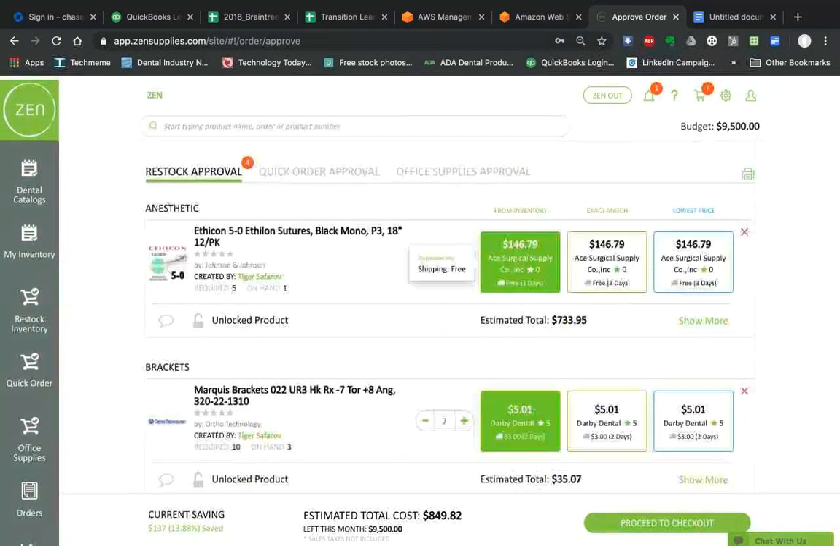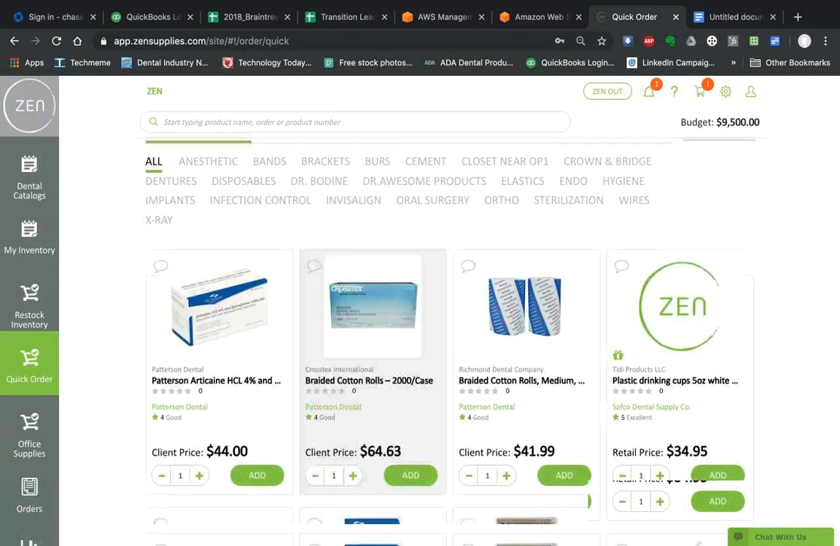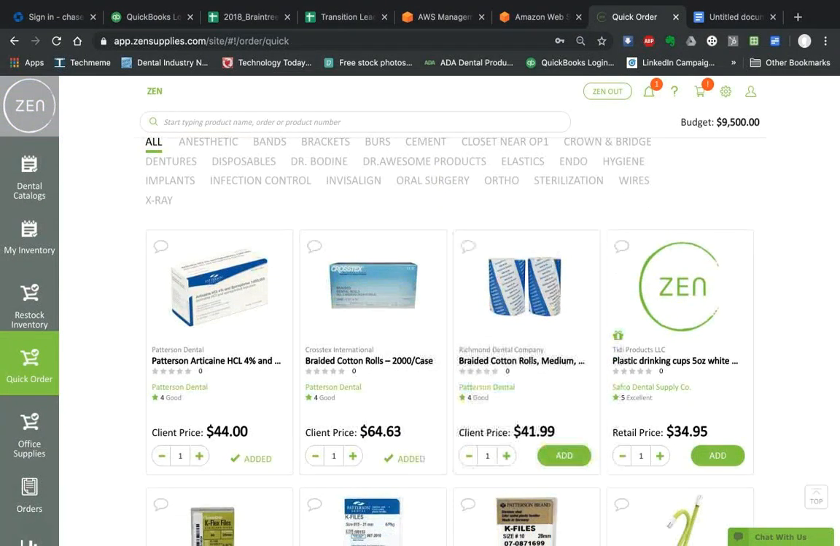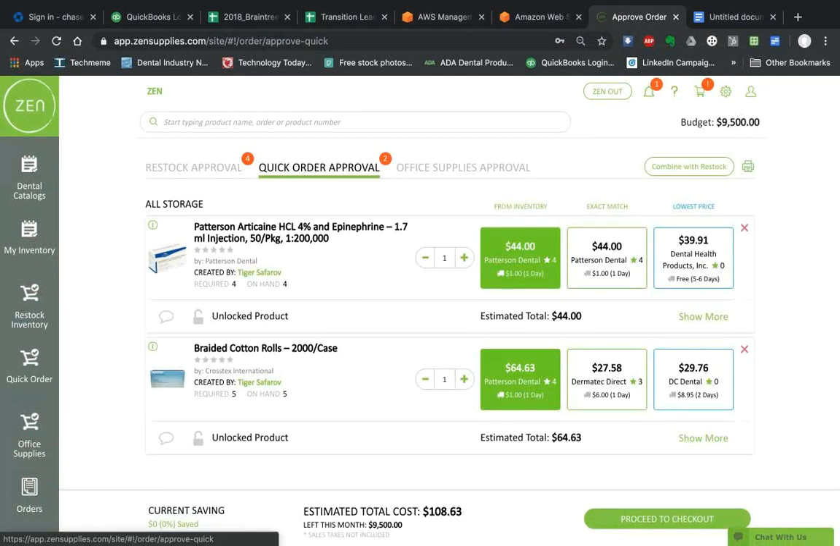But I also want to do an order. Let me see. I wonder if I have Patterson products here. Yep. And then another one that's also very helpful, you guys will see, is Combine with Restock. It's an old one. We rolled it out about 2 months ago. But again, if you haven't seen it,